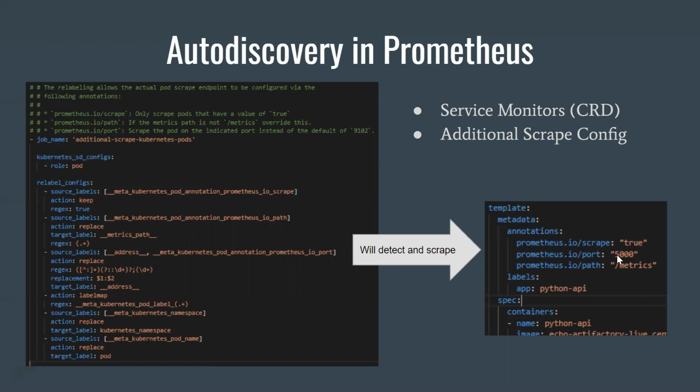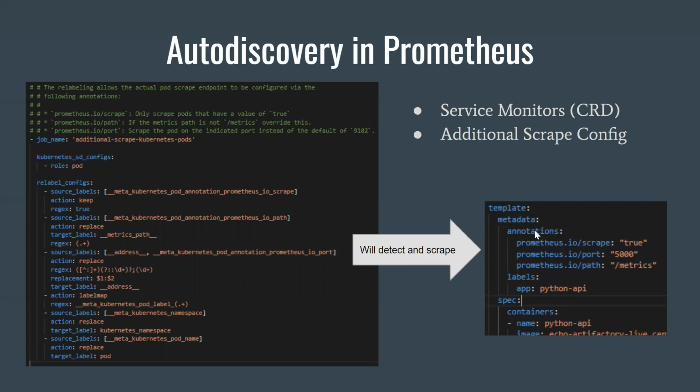And to scrape the Prometheus endpoint in a new container, all you have to do is add these 3 annotations to your pod, and the Prometheus server will automatically pick it up, start scraping it, and go on from there. So I know with my dev team, basically what we've done is exactly this. Now if a developer wants to get application-specific metrics, all they do is add a Prometheus endpoint, either using a library or some other method. And then they just add these 3 annotations and the rest is all taken care of for them